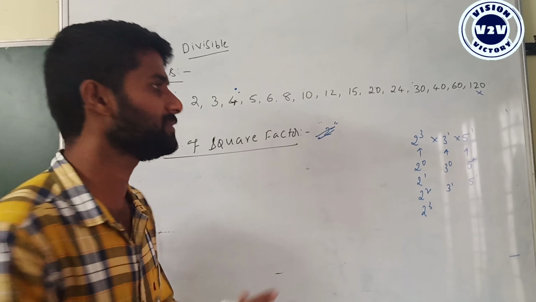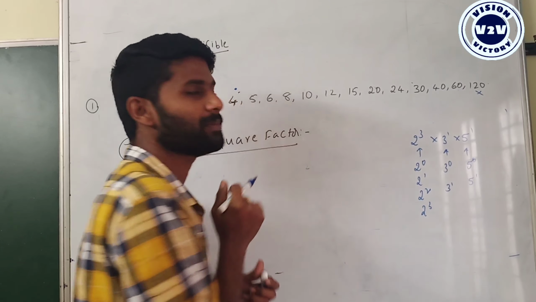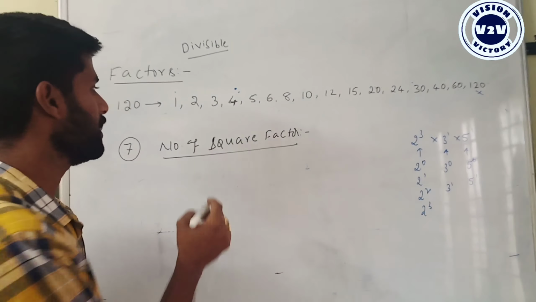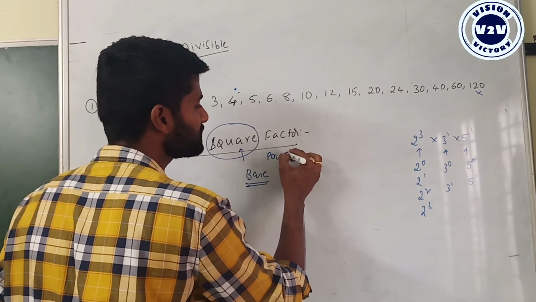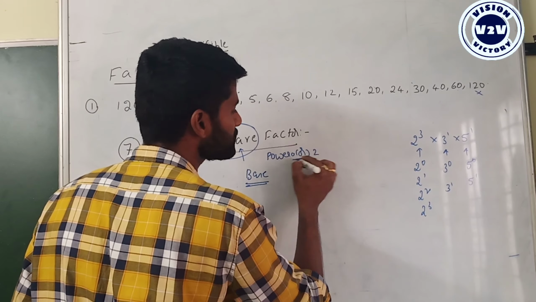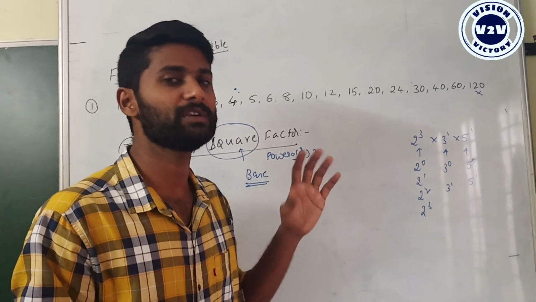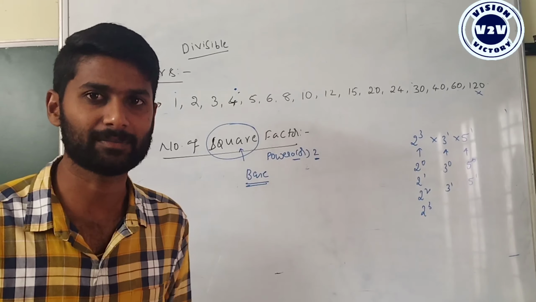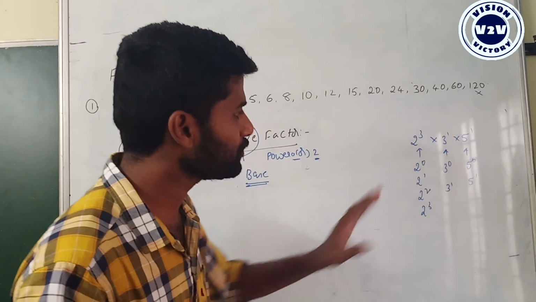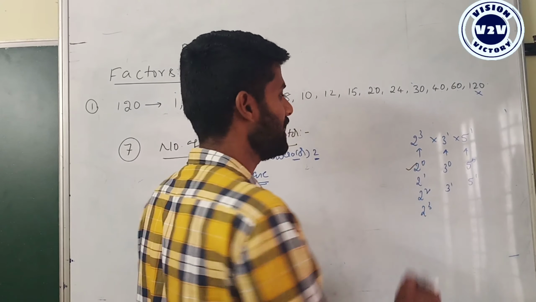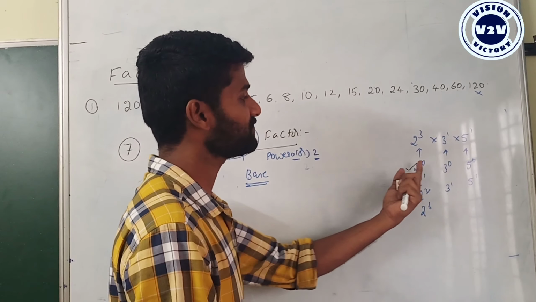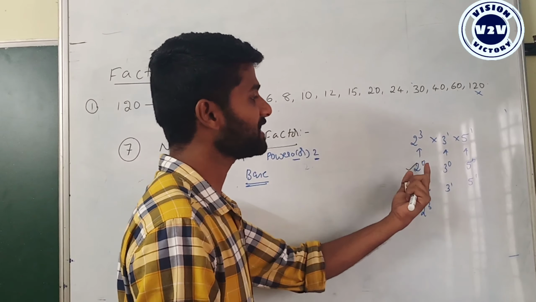But if it is a larger number, it is difficult to identify this type of calculation. That's why focus on the definition of square. Square can be defined as: whatever the base you consider, if the power is 0 or a multiple of 2, definitely those numbers are perfect square numbers. So according to this, 2 power 0 is a perfect square number because the power is 0. And 2 power 1 is not a square, because we require 0 or multiples of 2. And 2 square is also a perfect square and 2 cube is not a perfect square.